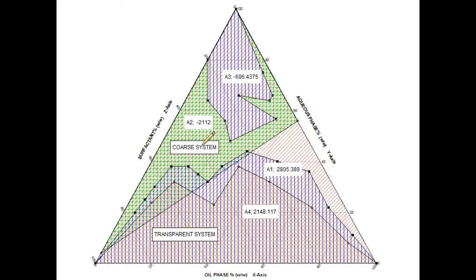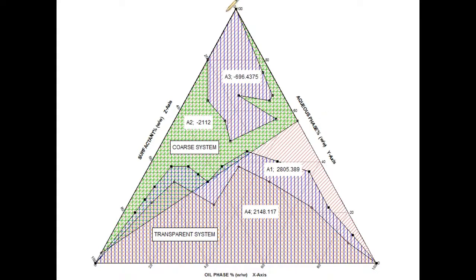To start with the phase diagrams, as I have mentioned, this is a triangular phase diagram, so for simplicity I have taken the surfactant, the aqueous phase and the oil phase. As we know, emulsion is formed, nano emulsion is formed, microemulsion, core systems, micellar system or reverse micellar system. A number of different systems may be present in the three component mixtures consisting of the surfactant, aqueous phase, or the oil phase.